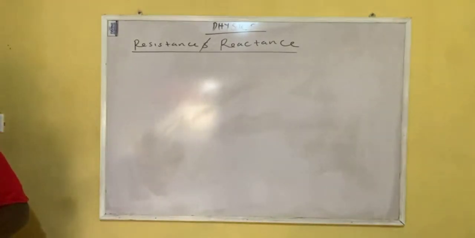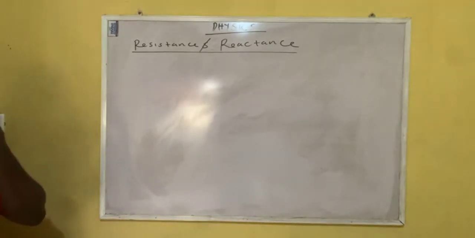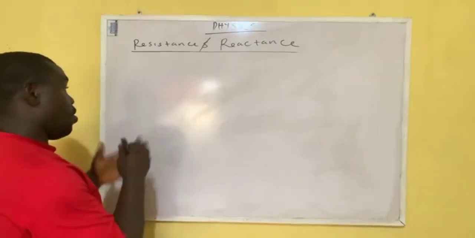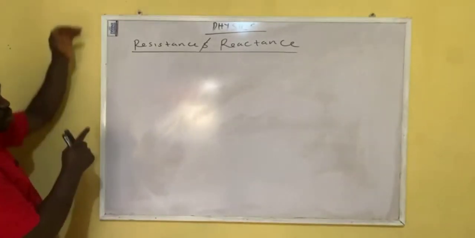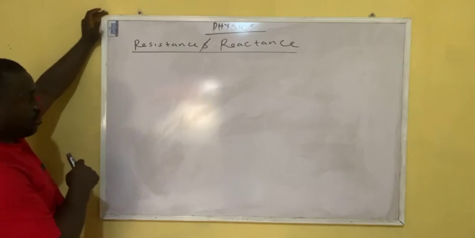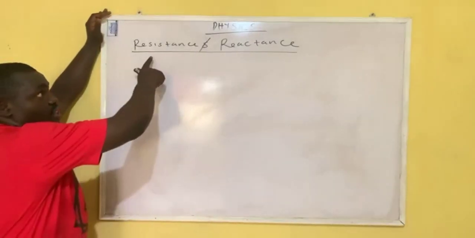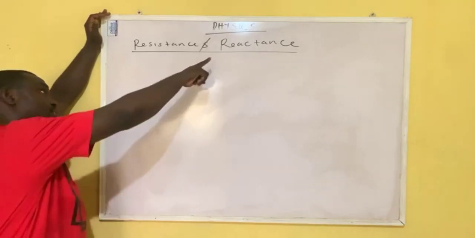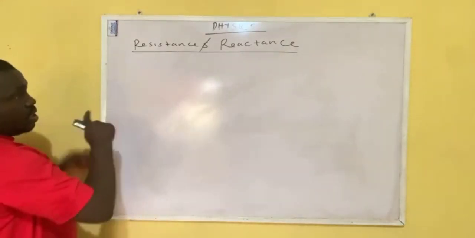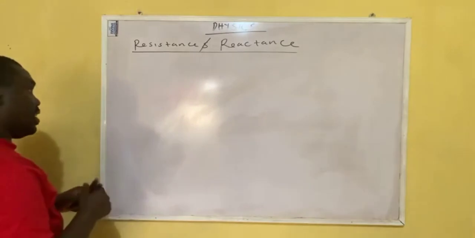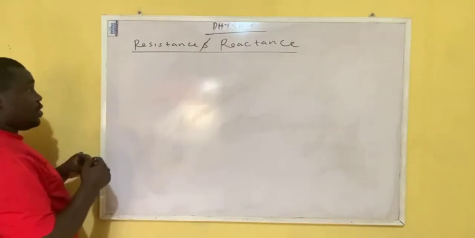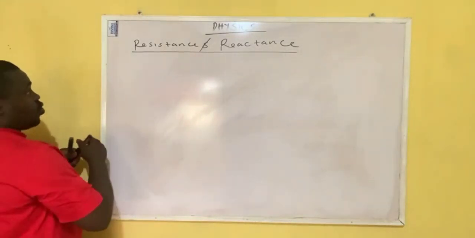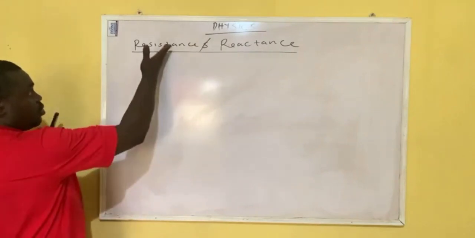Okay, so these two actually are opposition to the flow of current. These two, both reactance and resistance. This is basically for your DC, and this is for your AC. But they have something in common. We can relate them. I told you I'm not interested in too much story, so I want to go straight to the point. They both